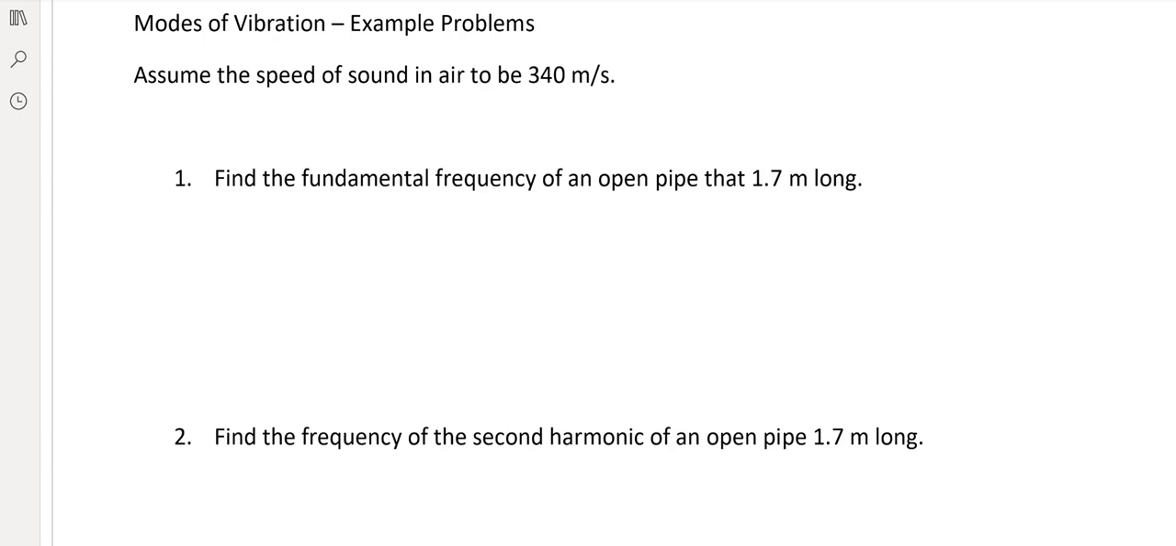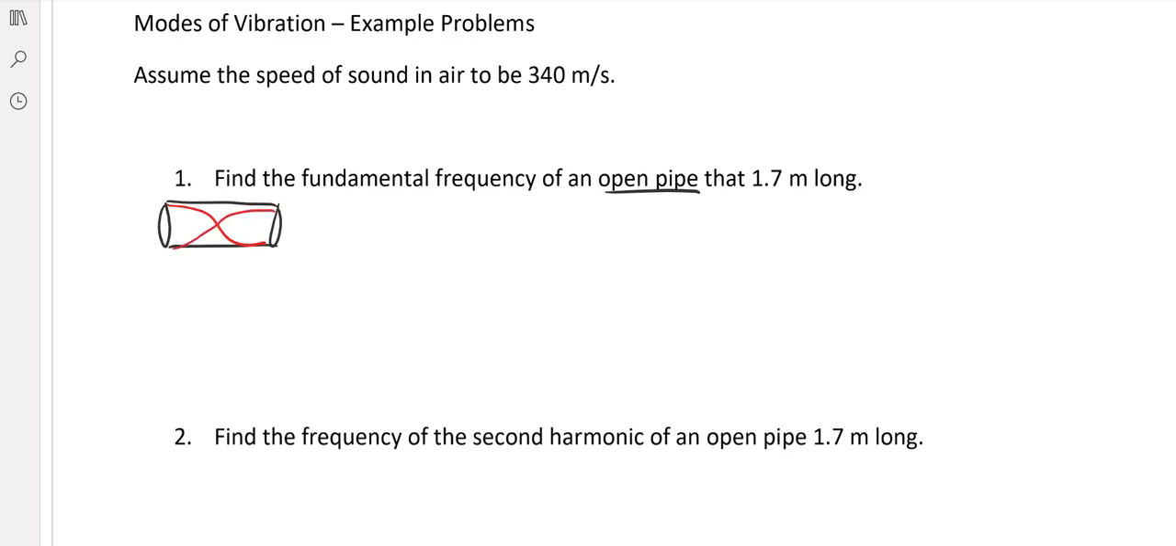We're going to find the fundamental frequency of an open pipe. So the key thing is know what kind of pipe we're dealing with. An open pipe that is 1.7 meters long. One of the key things in doing these is to draw the picture. So it's an open pipe. I'm going to draw it open at both ends. And it's fundamental. So the fundamental,